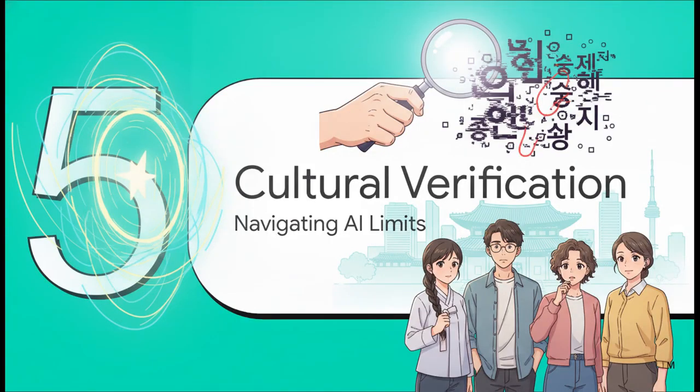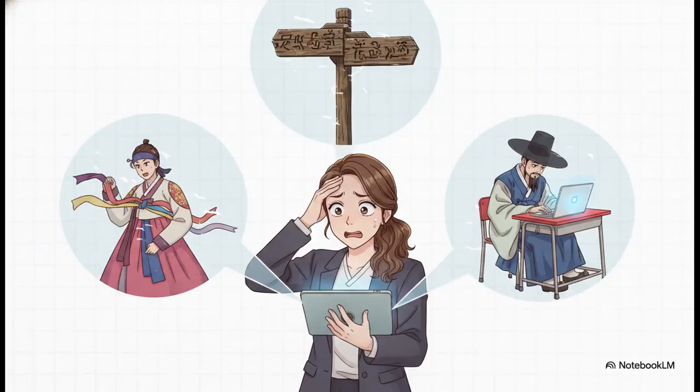Finally, let's talk about part 5. AI limitations and cultural verification. So the crucial point we have to make here is this. While AI gives you absolute superpowers, it is definitely not infallible. It learns by basically mashing up tons of data, which means it frequently falls into some pretty funny but educationally risky cultural content traps. For example, you might generate a stunning image of a hanbok, but if you look closely,